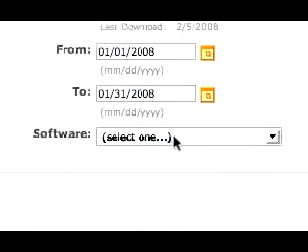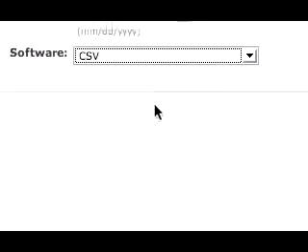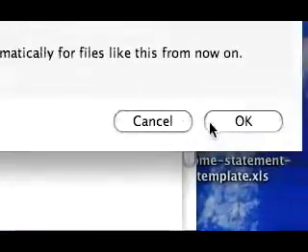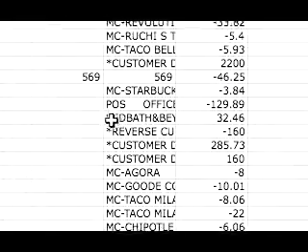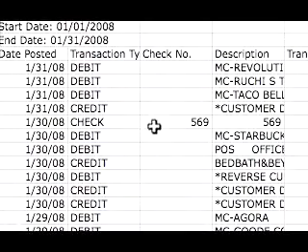Okay, now you see this option here for software. We're going to select CSV, which stands for comma separated value, but really all you need to know is that that can be opened in Excel, which is what we want. So I'll click Next, Download, Open. Okay, and you see that here we have a new Excel document open up with our transactions for that